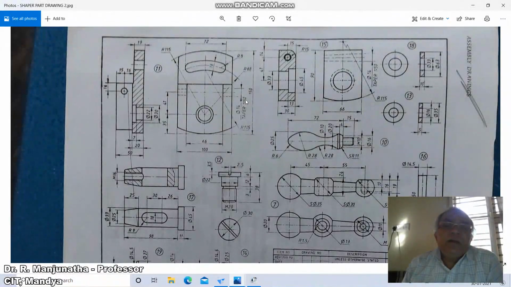So here it is 200, sorry, it is 100. So 1/50 into 100, that means it is going to be 2 mm. So this side you are going to have a 14 mm diameter, and this side you are going to have 12 mm diameter, which is at a distance of 15 mm from the extreme portion.